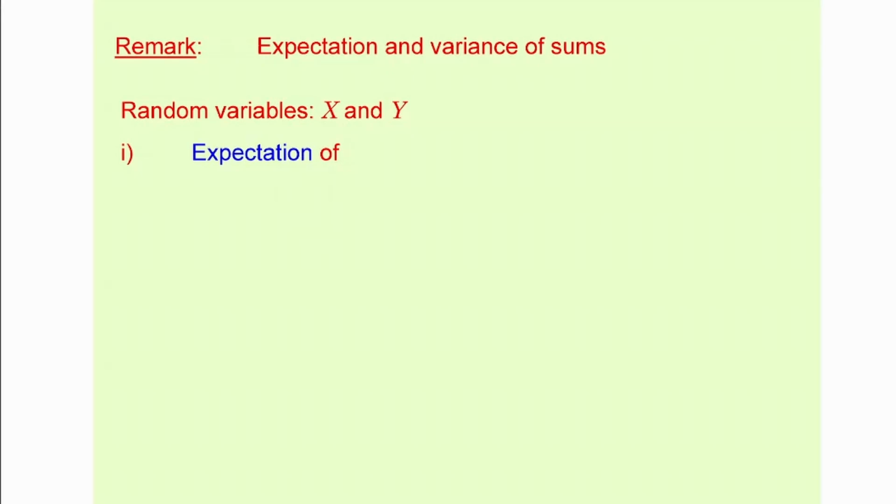Yes, all right. Now, let me take the last one, I think this is the last one from undergraduate courses. I mean, you've probably seen this before. Let's say you have two random variables and you want to consider the expectation of their sum, or expectation of sums in general. In particular, I'm talking about the sum of X and Y. And that's easy, guys. The expectation of a sum is always, and that is always true, the sum of the expectations. Whether they're independent or not, it doesn't really matter.